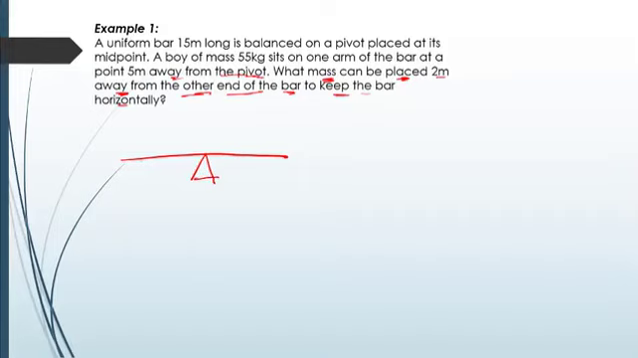Now we're told that a boy weighing 55 kg is sitting at one end here, which automatically means that at the other side there is a mass kept at the other end, 2 meters away, to keep the bar balanced. So the distance between here and here is 2 meters. Now from the center of the pivot, the distance between here and here is 5.5 meters, 5.5 meters. And then at the other end here too,